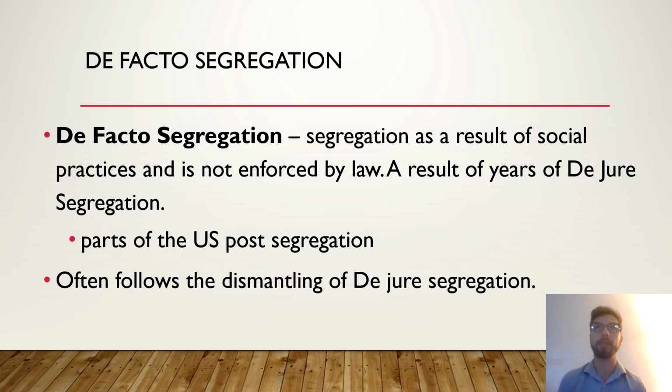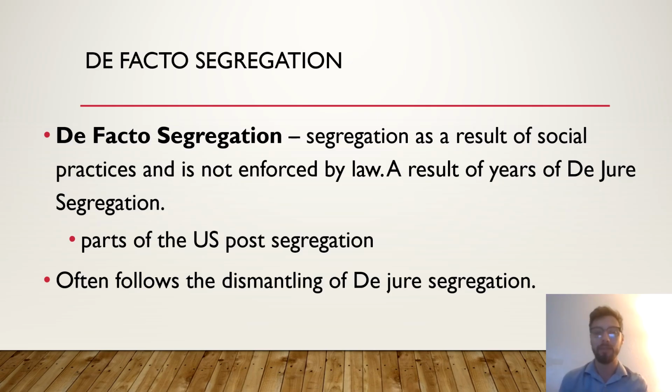A great example that separates us from any personal history is the example of South Africa post-apartheid. Apartheid, which was de jure segregation in South Africa, ended in the early 1990s. After this abolition of de jure segregation, there is and still is a period of de facto segregation, where you look at one neighborhood and it is roughly 96% white, while the neighborhood on the other side of a single dividing street is 96% African American, well, black, and not African American because they are not Americans. They would be South African.